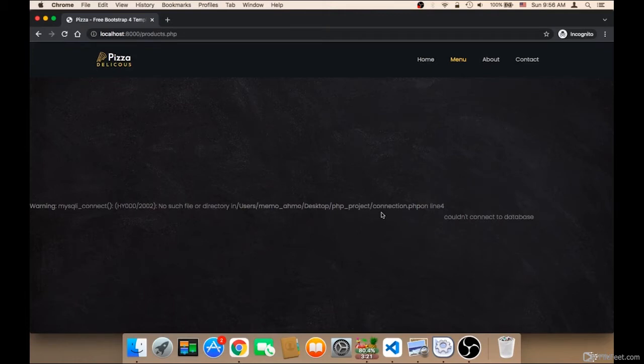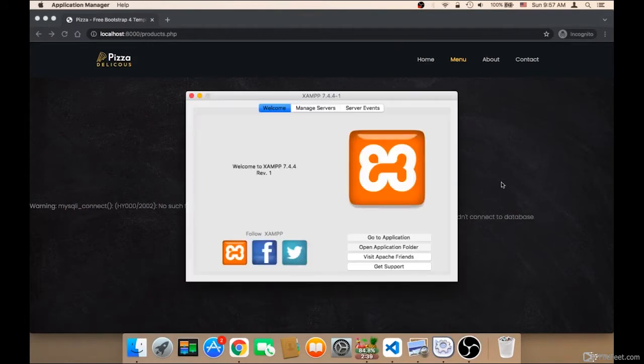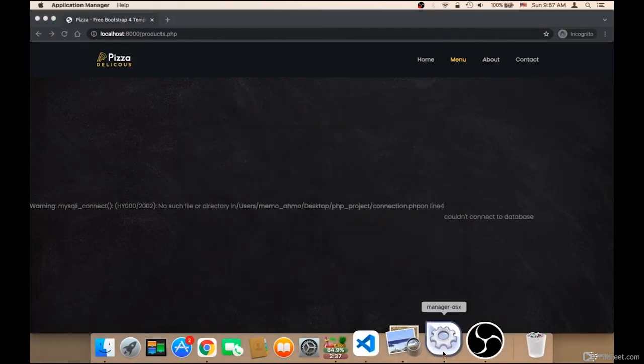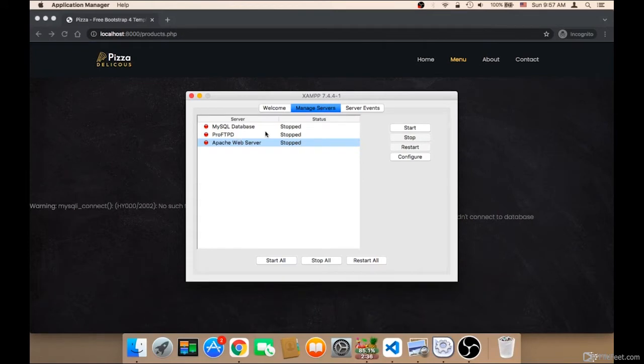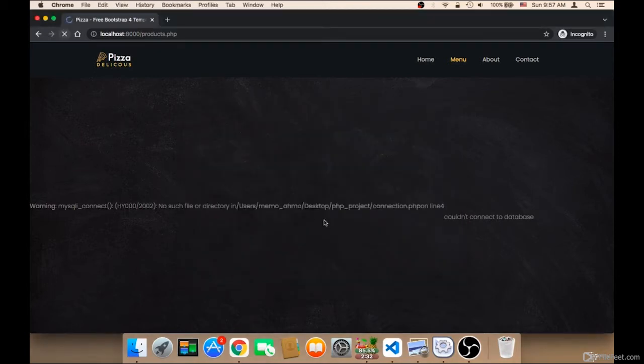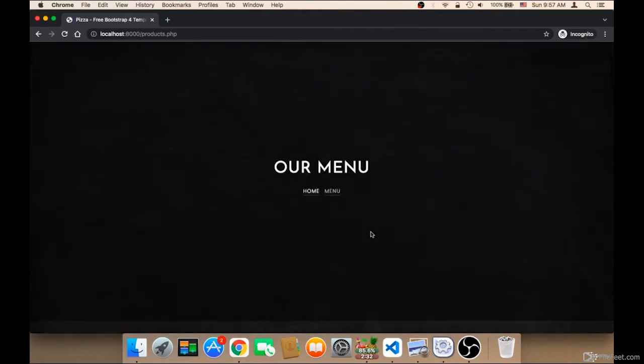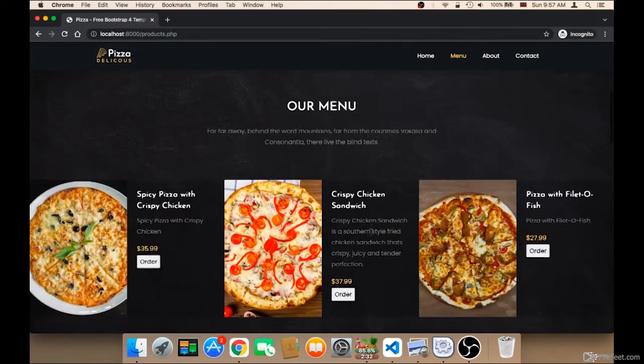But here it says connection. We have a problem in line 4. So the reason for this error is because my Apache web server is not running. Let me start this server, and also the PHP, also the MySQL. Let me now refresh, and the error will be gone. So as you can see, the error is gone, and now we have the menu. So now it's working,